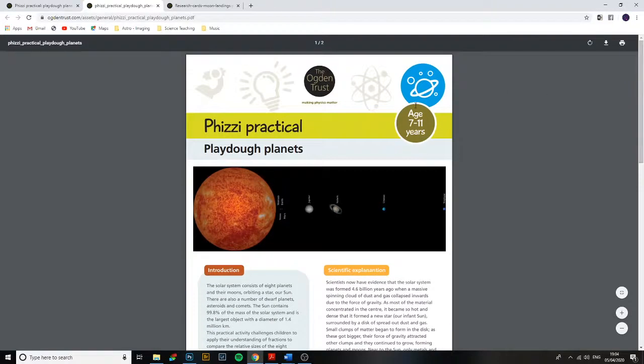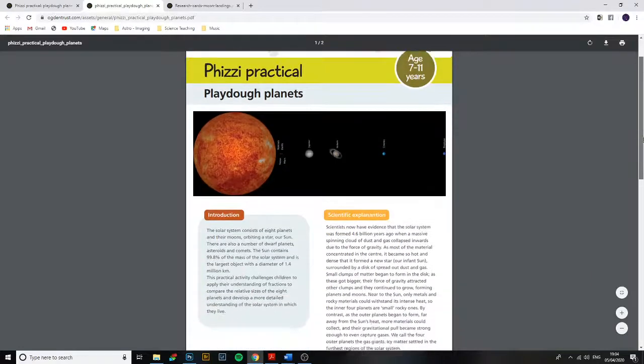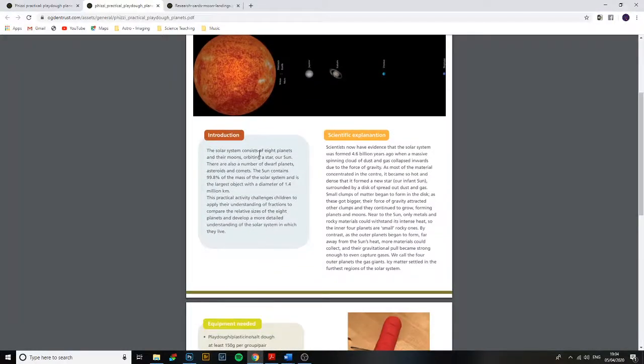It will give you an idea of a rough age band that this practical is best used for. It will give a little bit of an introduction here. It talks about the solar system containing 8 planets and our star, the sun. It says this practical activity challenges children to apply their understanding of fractions to compare the relative sizes of the